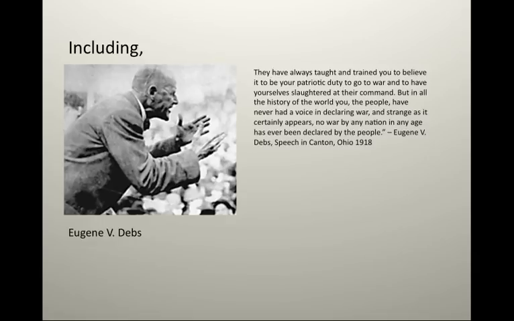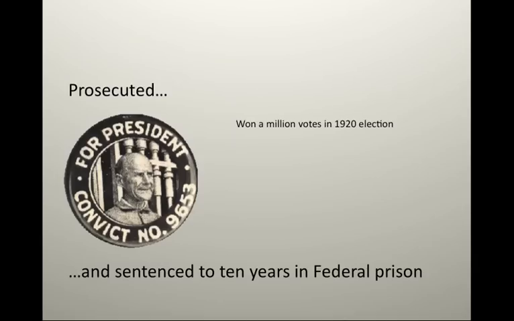It was during that speech delivered on the stump in Canton in 1918 that Debs would get hung up on a federal prosecution rap. Stenographers who were in the audience took down notes, turned state's evidence. Debs is arrested, charged with violating the Espionage and Sedition Acts, and put on trial in federal court. He is convicted and sentenced to 10 years in federal prison for the violation of the wartime acts.